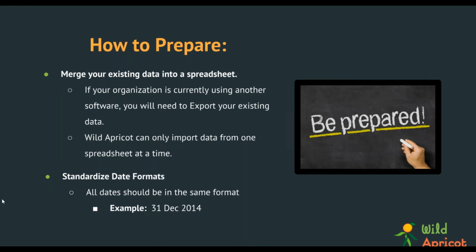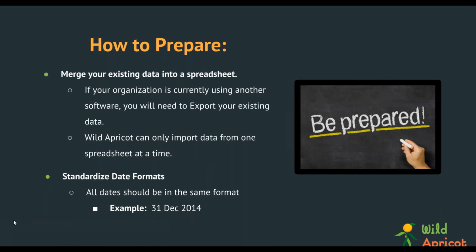So you want to make sure that you're using the same date format everywhere in your spreadsheet, be that day, month, year, month, day, year, or you have it spelled out like I have in the example here. You have the day and then a description of the month and then the year. All of these are fine. You just have to standardize it so that every time you use a date in your spreadsheet, they all look the same way. And there are actually a lot of quick ways you can do that on something like Microsoft Excel or on Google Sheets.